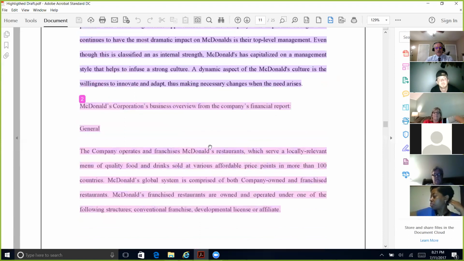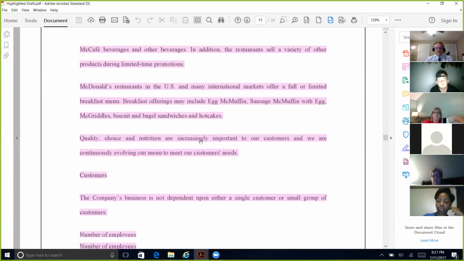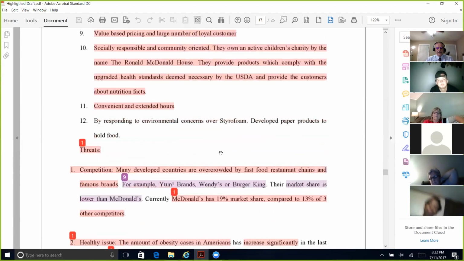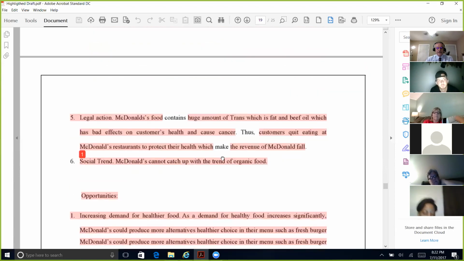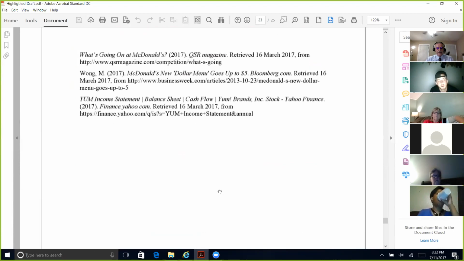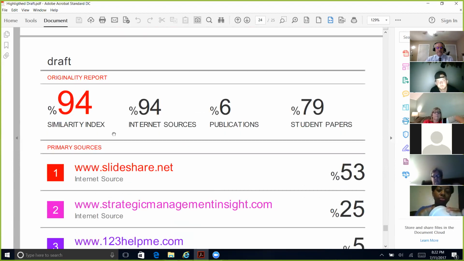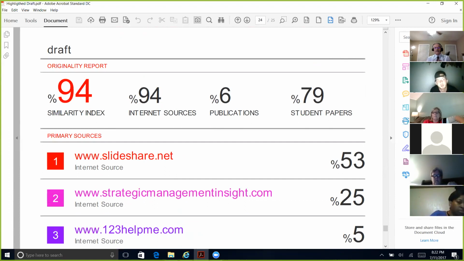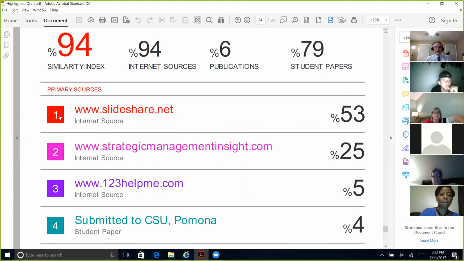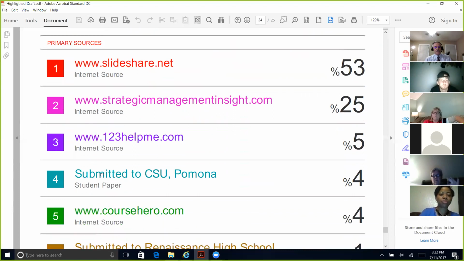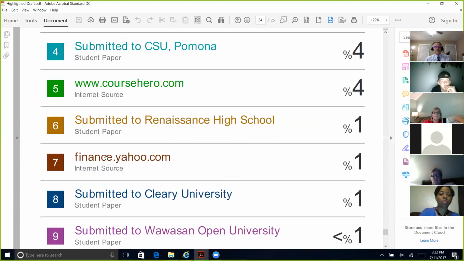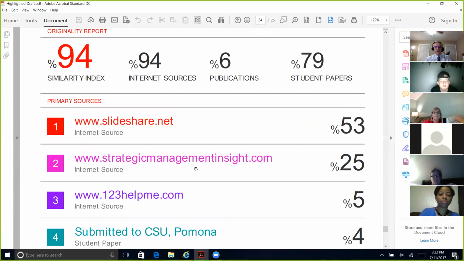But as we go on, you can see it's, again, copy and paste. What I want to show you is the similarity value for this particular paper. It's 94%. What that says is that 94% of everything contained in this paper came from all these different sources. The numerical values I was talking about, this is where they're coming from. So based on that, you've got some serious work to do on this particular paper to get it